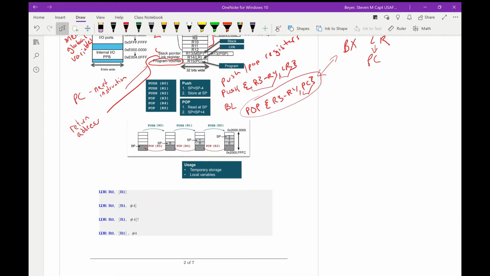All right, let's talk about load. So we saw this in class with that assembly lab, but there are 4 different types of loading memory. Okay, so this first one is just indexed. So basically R0 is going to equal the value pointed to by R1,